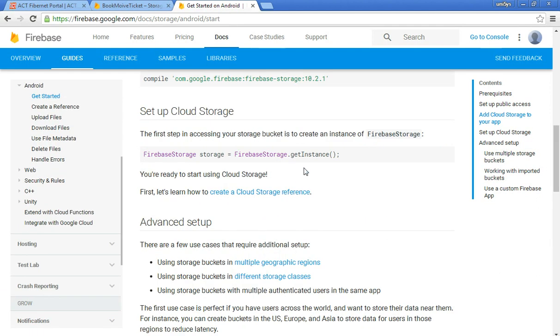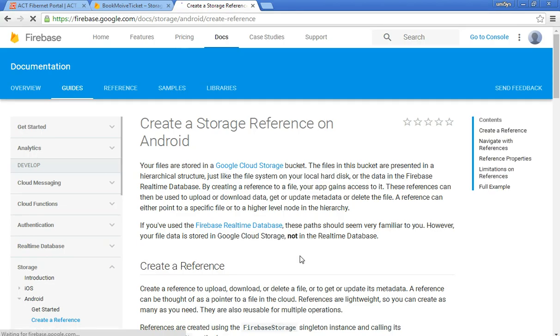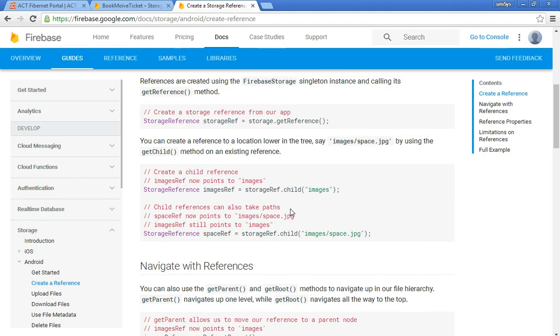This is the get instance of the Firebase cloud storage. If it is, we want to get the instance of the bucket, we need to pass the bucket here. So for uploading and downloading, we need to have a reference, that is Firebase storage and get reference. We get the reference for the default bucket of Firebase cloud storage, and in that storage, if it is